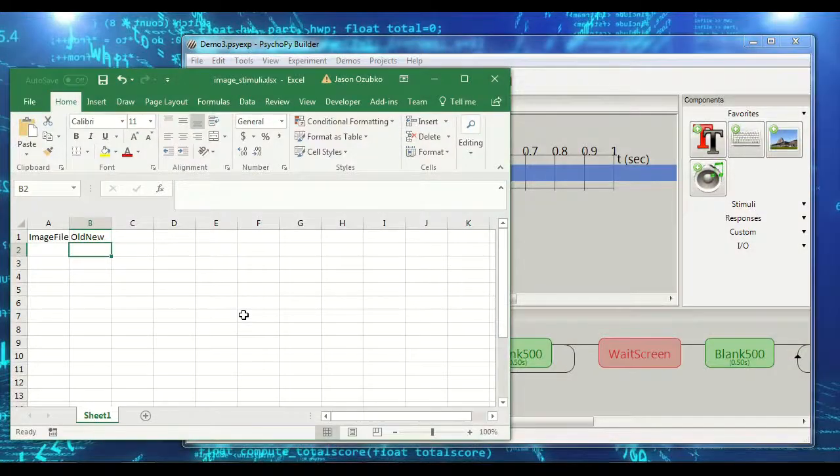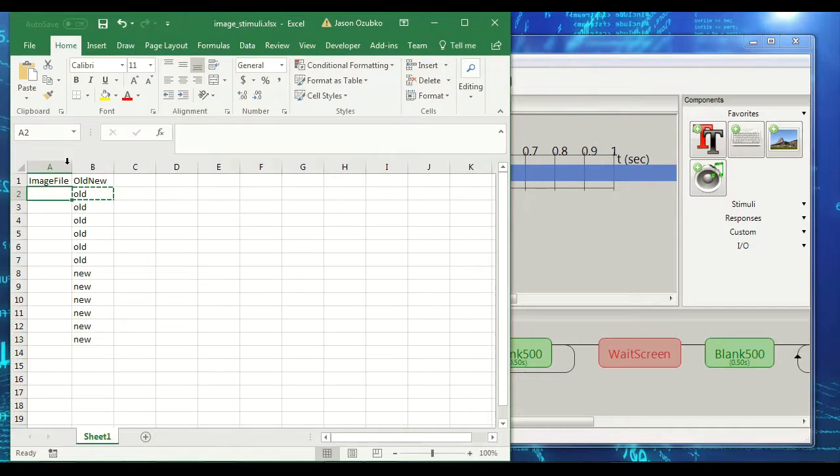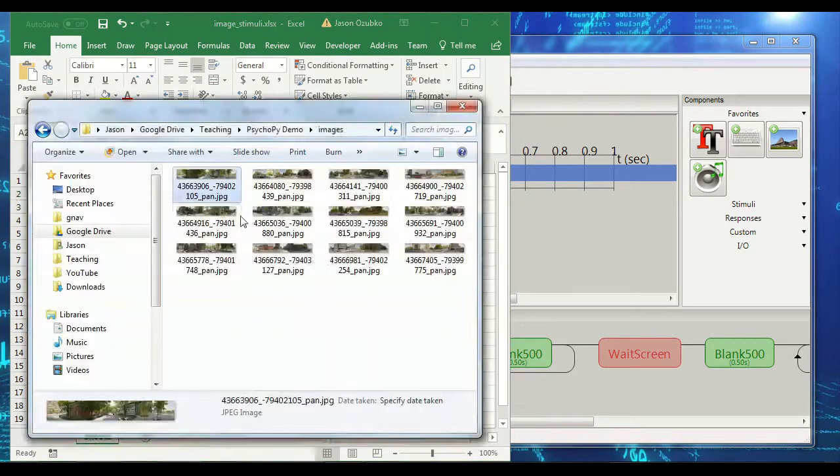So for our purposes, the first 6 items are going to be old. And then after that, everything will be new. And we'll have 12 items in total. 6 and 6. Great. Now, for the image file, we need a variable that tells PsychoPy where all these